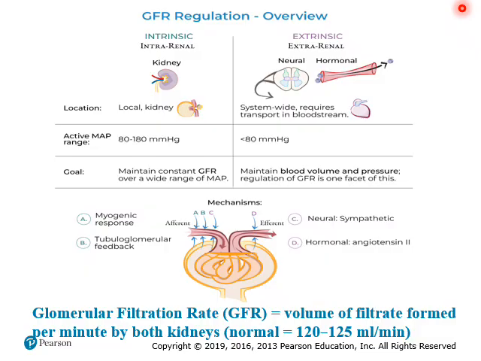The total surface area for filtration is controlled by the contraction of the glomerular mesangial cells. The filtration membrane is much more permeable than other capillaries, and the control of the GFR is divided into two